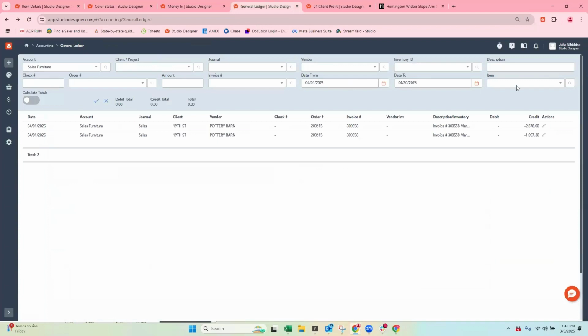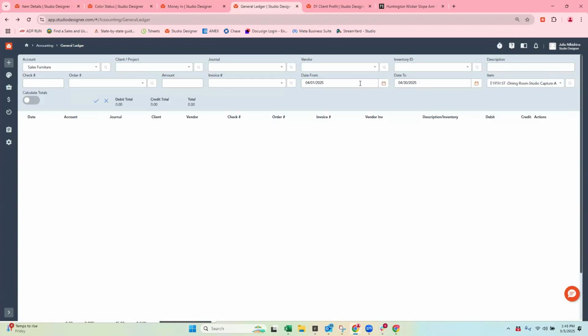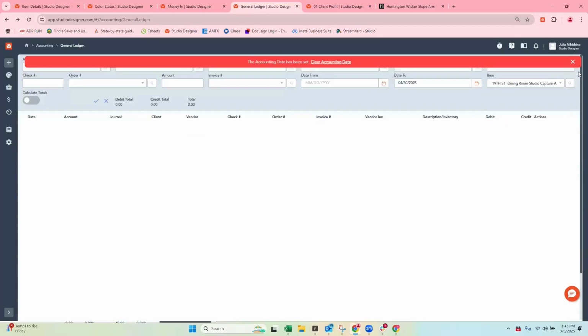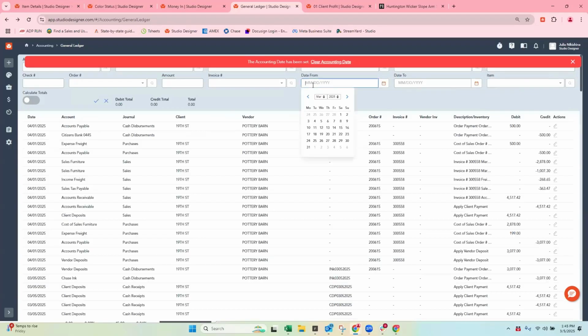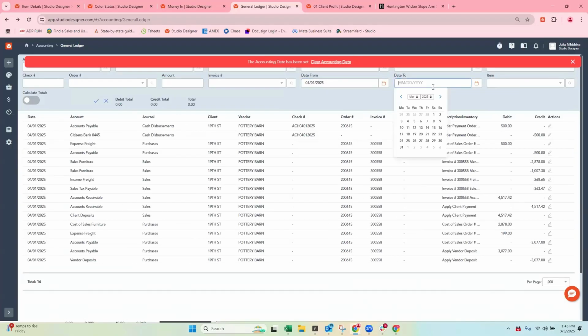General ledger, item. Oops, sales furniture, let's get that out. Not liking something in my filters. I don't know why. Sometimes it's just sticky. But those filters should be working because we changed the date.